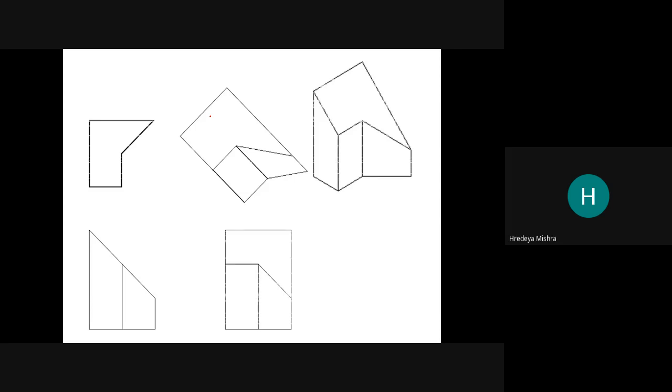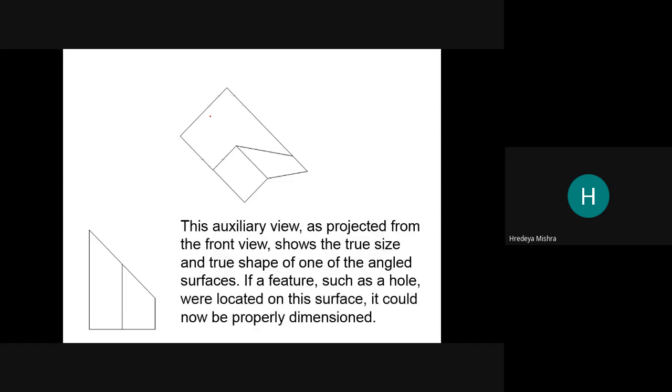So this auxiliary view is projected from the front view, showing the size and true shape of one of the angled surfaces. If a feature such as a hole were located on the surface, it could now be properly dimensioned.